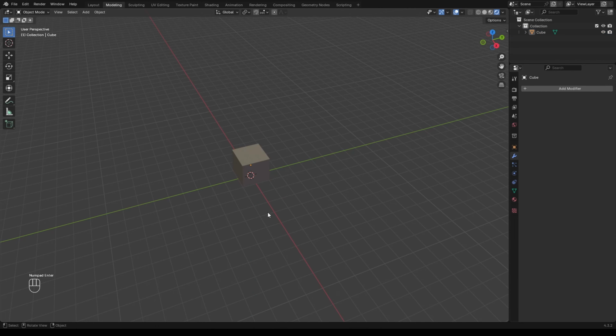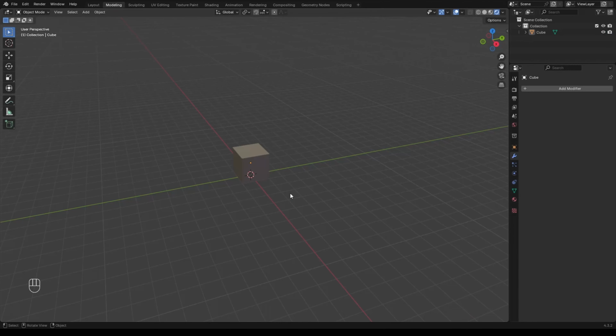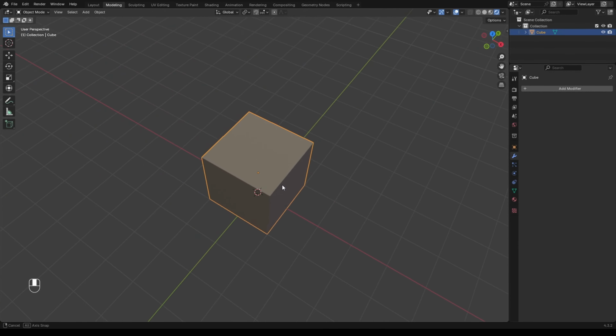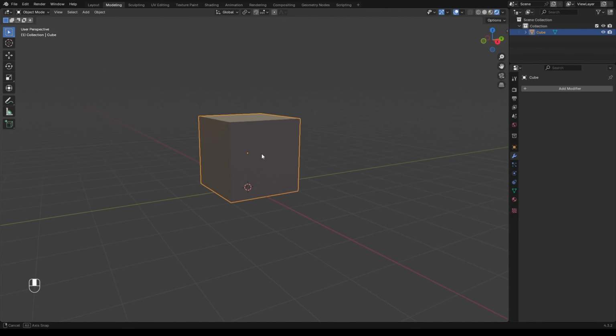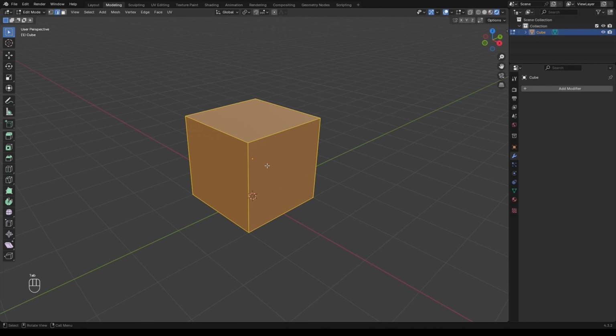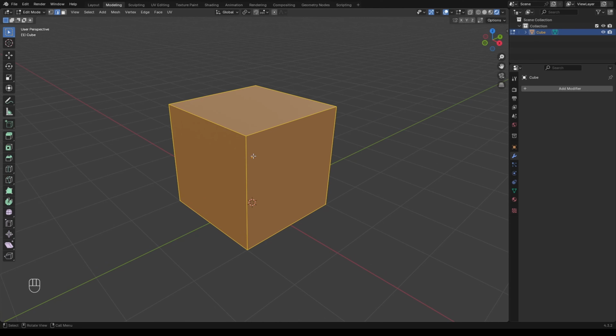And now it is in the position I want it. It doesn't matter the position, but I want it to be here. And we don't need anything else now. I will go into edit mode and now we must